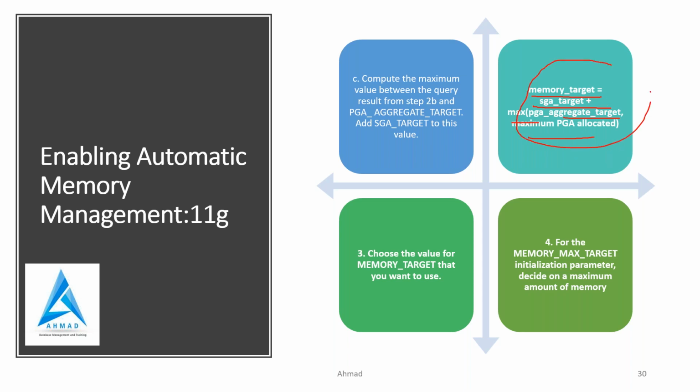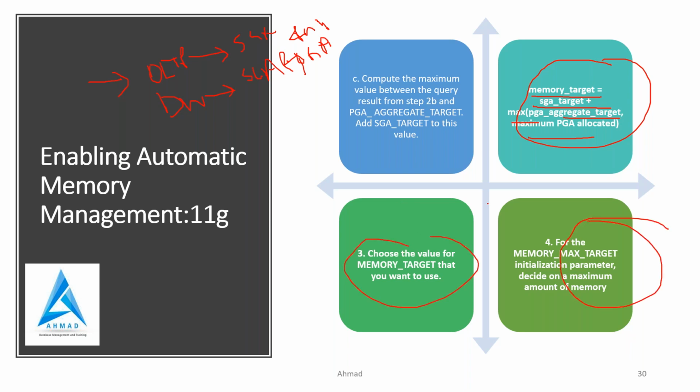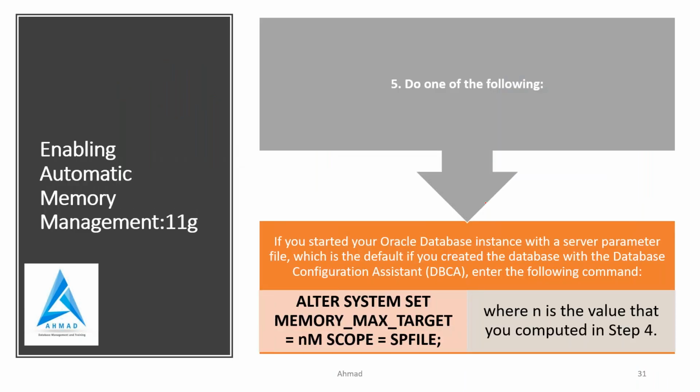So this is the formula which Oracle gives, and many times a DBA is asked how memory is allocated. For OLTP, your SGA memory allocation is different and PGA is different. And for data warehouse, your SGA and PGA have different values. You need to check this and you have to set that. And you can set both the values in your database.